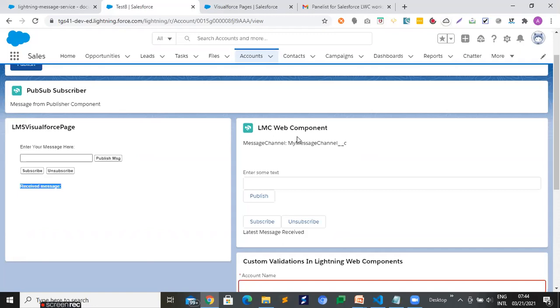And we have one Lightning component. We have one text field, and buttons for publish, subscribe, and unsubscribe. So first, what you need to do is subscribe, right? And I type over here and click on subscribe.